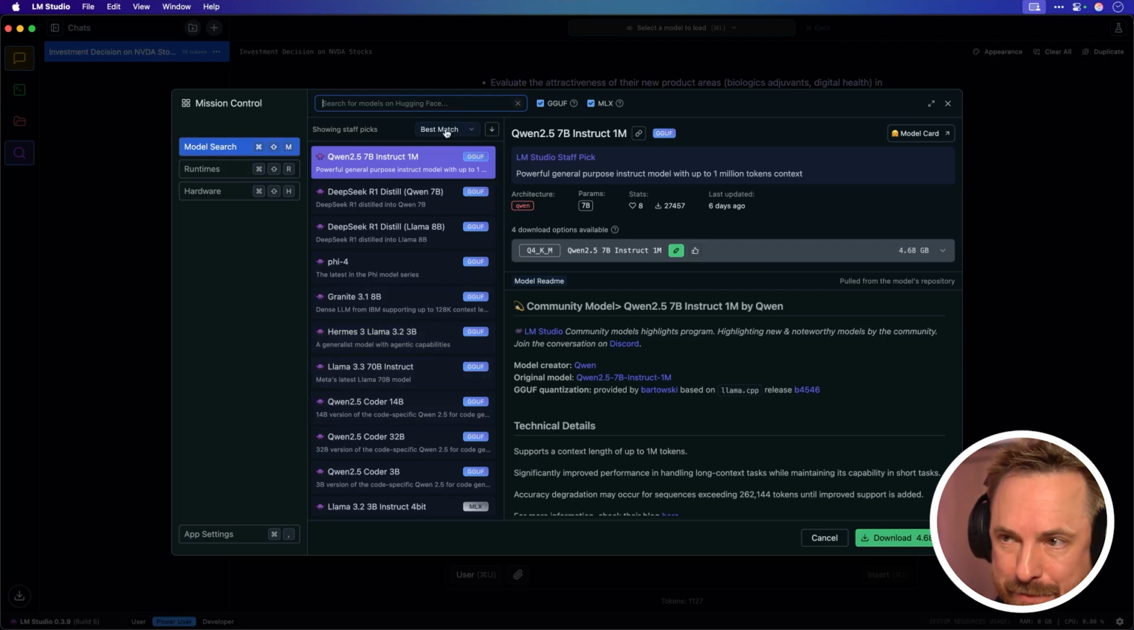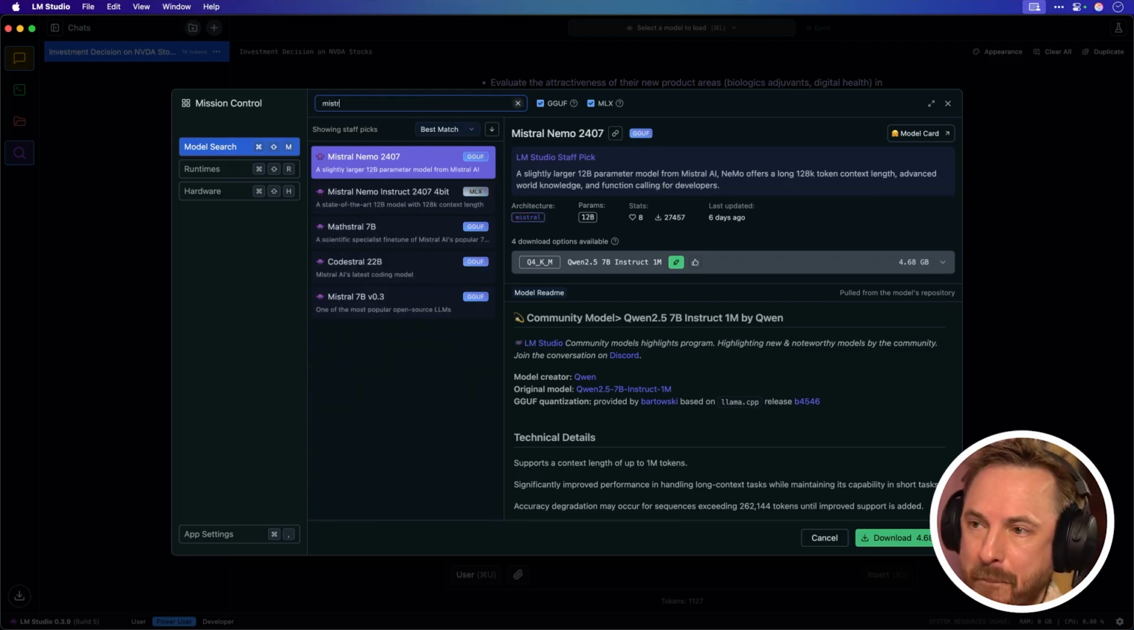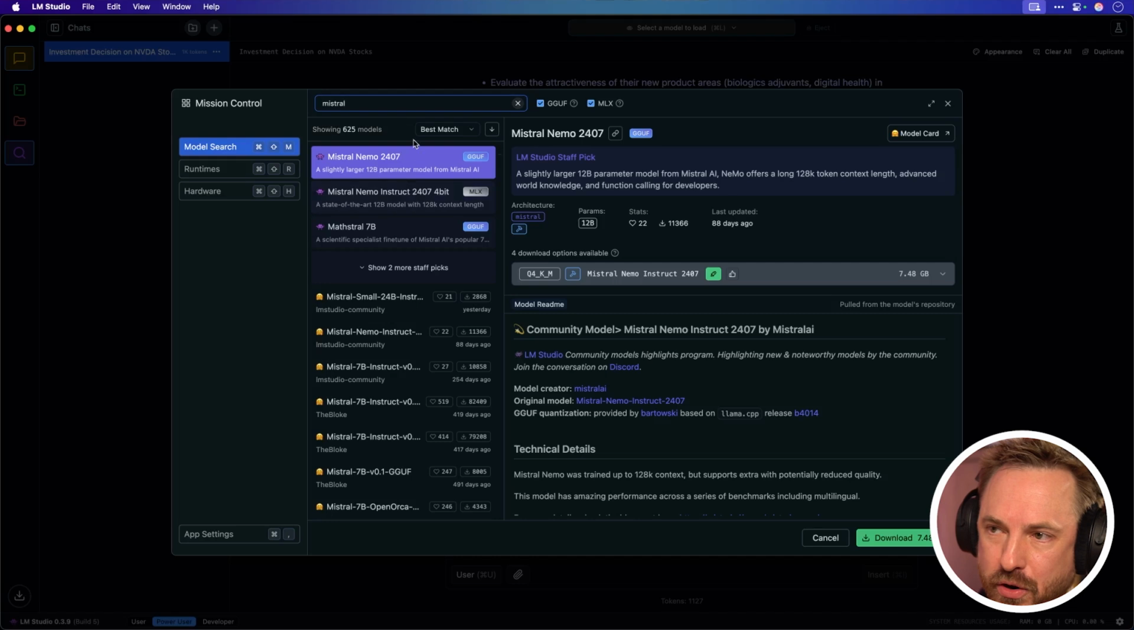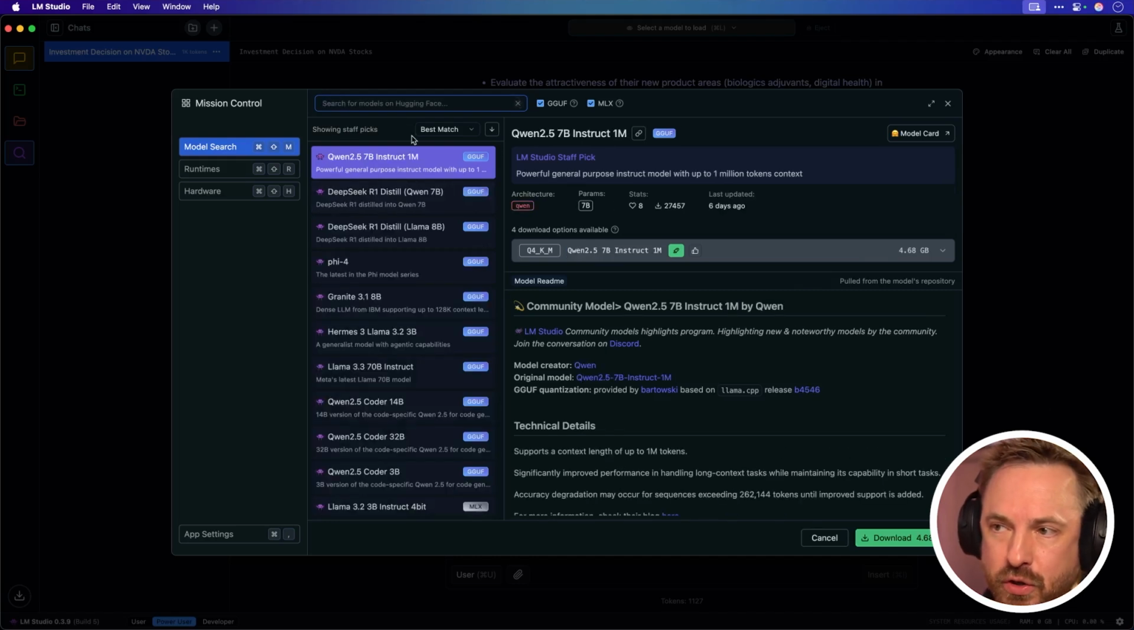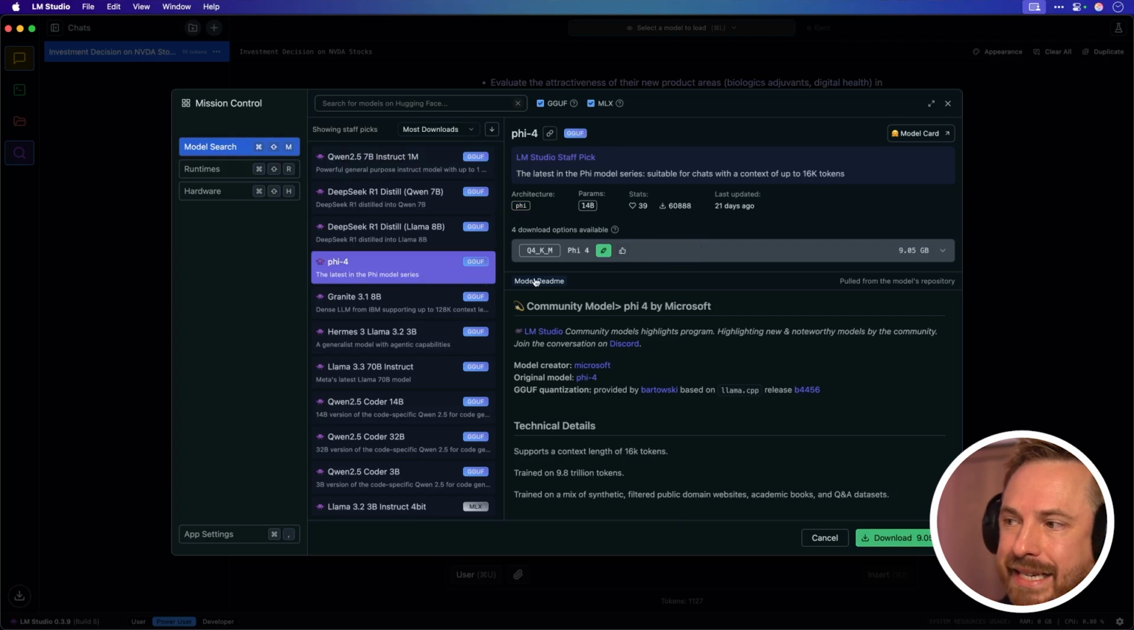I can sort by best match. I can do a search. So if I want Mistral running, I've got some Mistral models here. And if I just choose not to search for anything and just sort by most downloads, you'll see the most downloaded models up here at the top. Maybe I want to run Microsoft's Phi-4, so I'll select that, and you'll see here, it actually picks me a